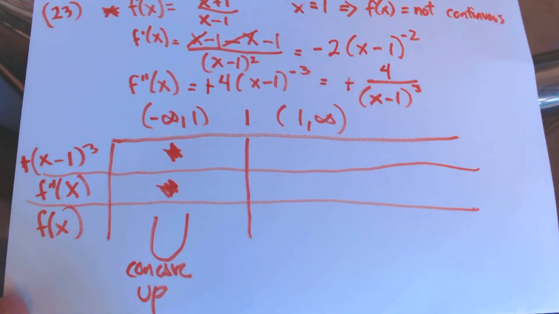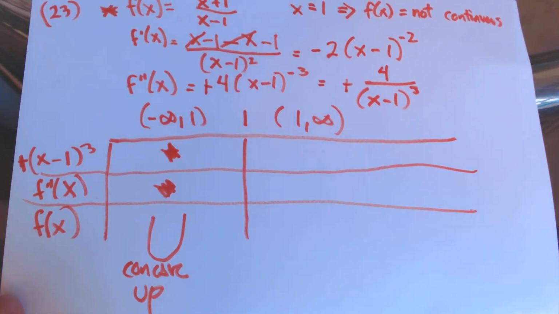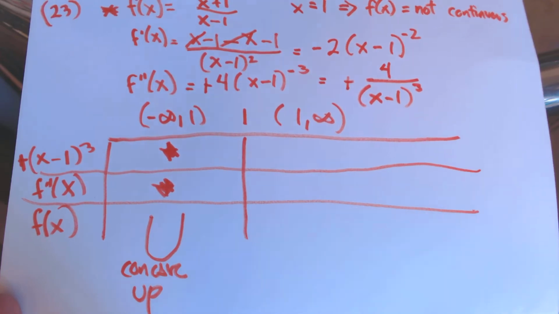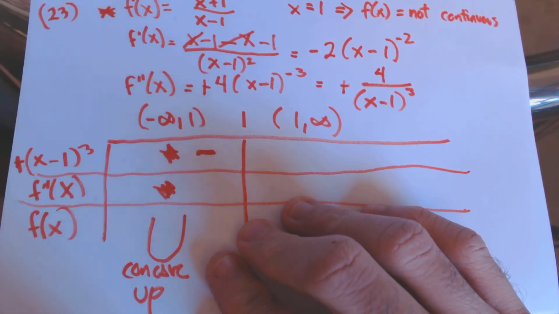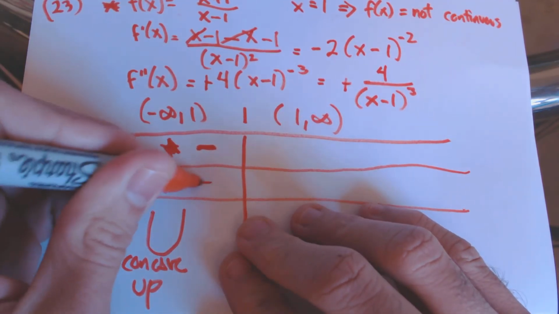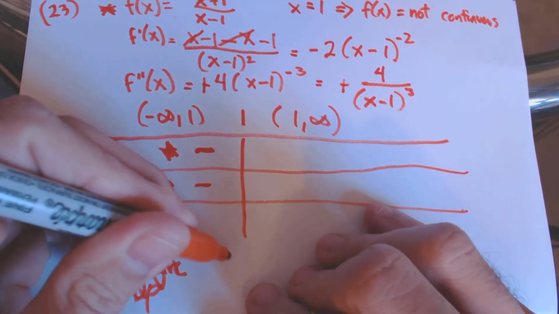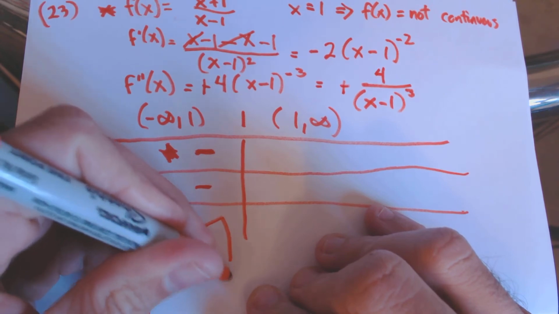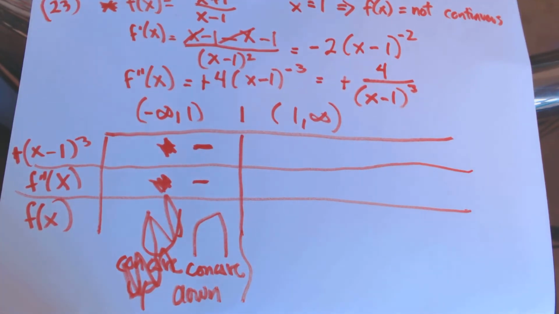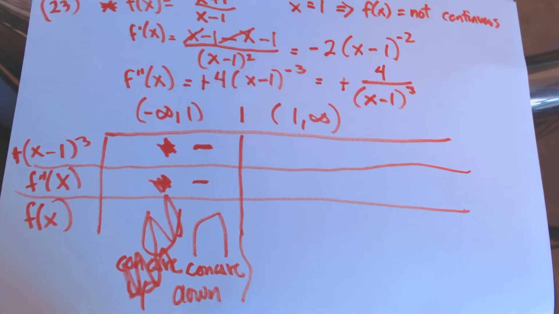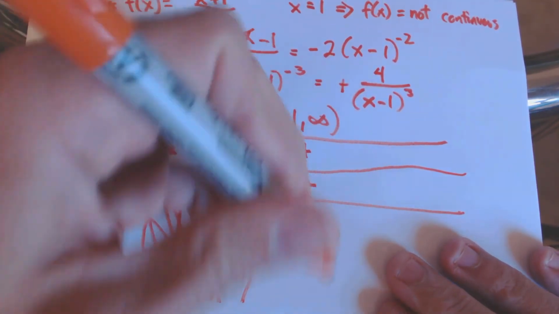Anyway, so the second derivative is positive 4 over x minus 1 cubed. Again, let's plug in between negative infinity and 1. Let's plug in 0. That's going to give us a negative second derivative over the interval negative infinity to 1, which means the function will be concave down over that interval. And then from 1 to infinity, let's plug in 2. 2 minus 1 is positive, so it'll be positive. The function will be concave up